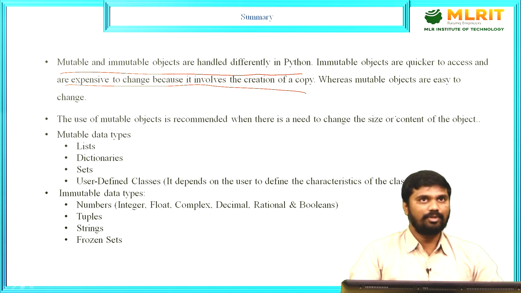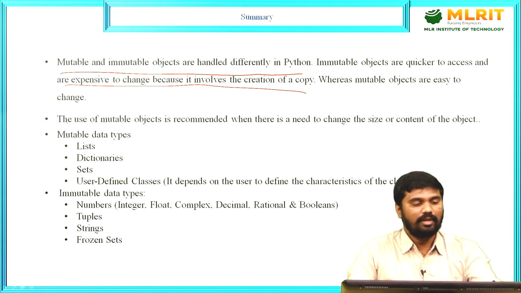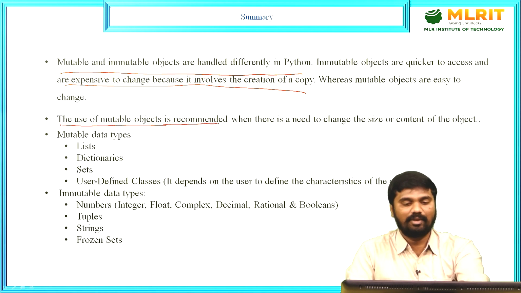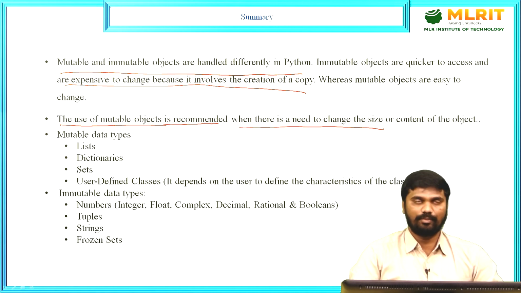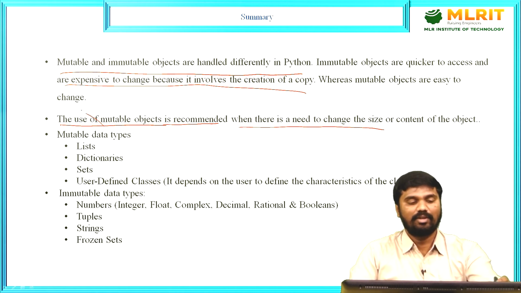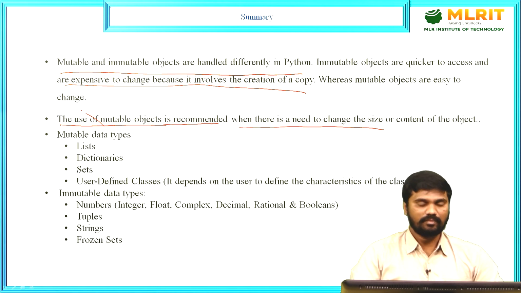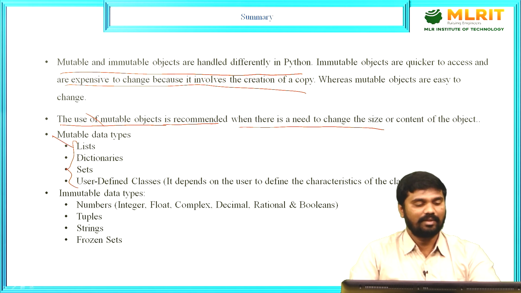Next, when will mutable objects be useful? The use of mutable objects is recommended where there is a need to change the size or content of the object. As we saw with the list object, 10, 20, 30, if I need to change the size of that object up to 10, 20, 30, 40, at this requirement you can use a mutable object. Some examples of mutable data types are the list data type, dictionary data type,